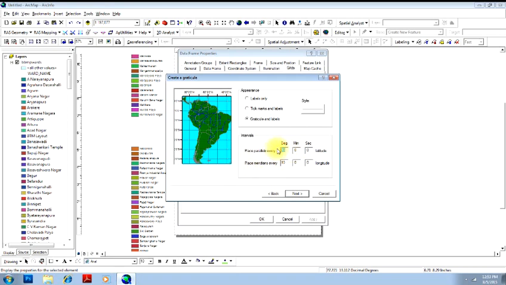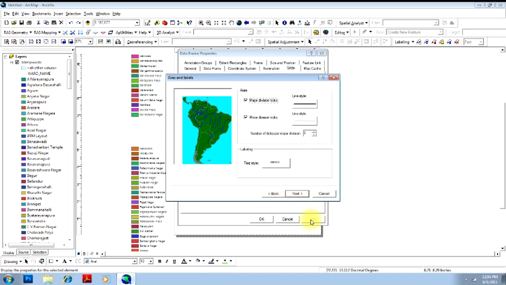10 degrees will not work for a large scale map, because your entire map is say 2 to 3 degrees. I'll keep it 0, 0 and 15, which means that every 15 seconds there should be a graticule. Again, I'll change the latitude similarly to 15. So I'll click next,